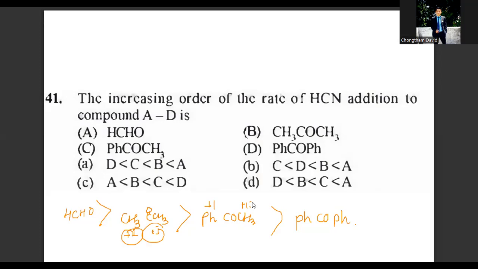So this is the logical reasoning why the rate of addition of HCN to compounds A to D is decreasing. Okay. So arrange the following A to D. I have given you the sequence here. 41 will be D,